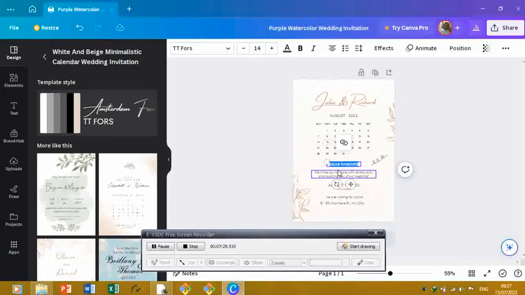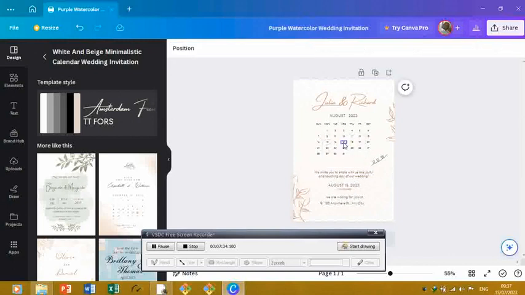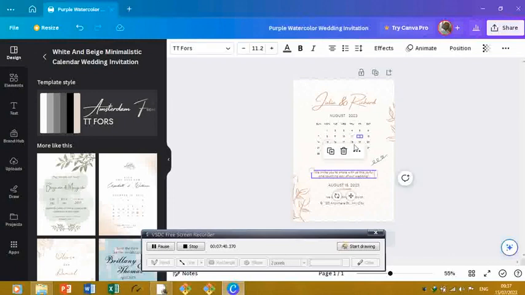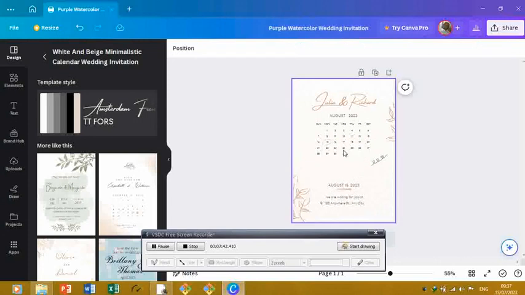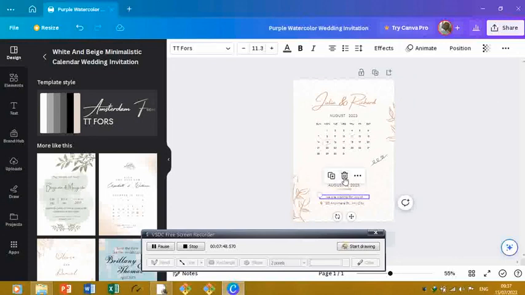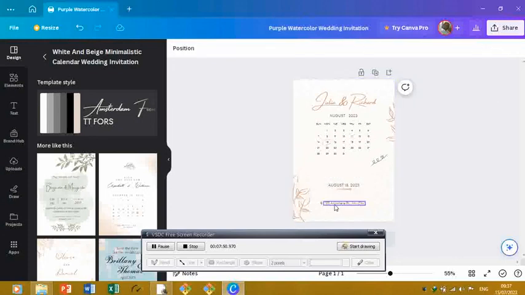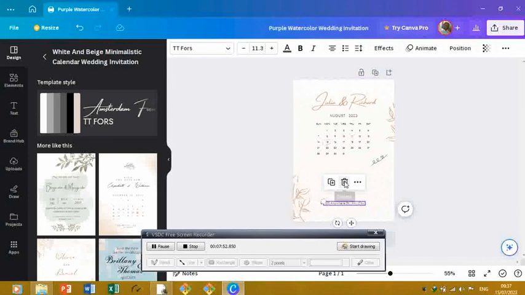You can decide to delete this one, just delete it, and before you know it, it's looking more like a calendar for people that just wedded. And delete this too. You see,